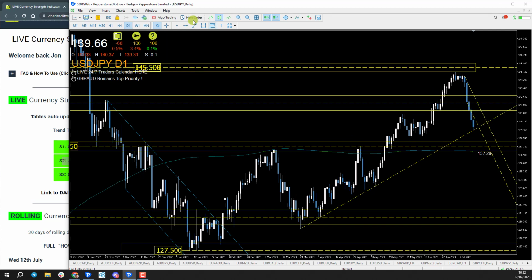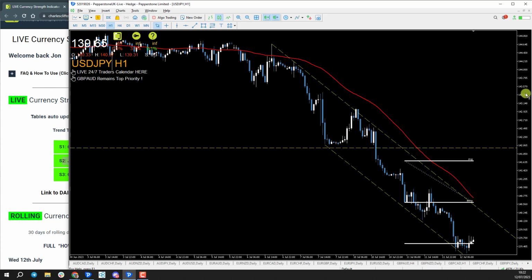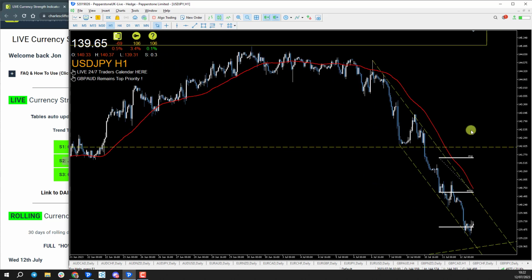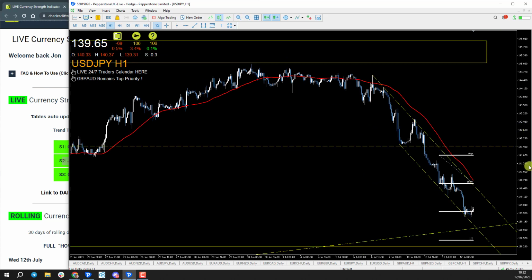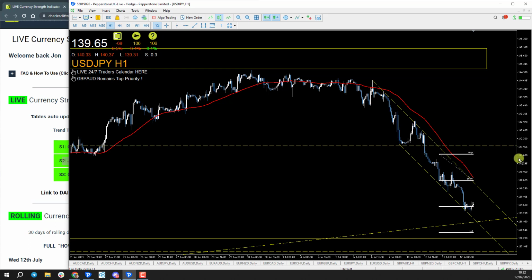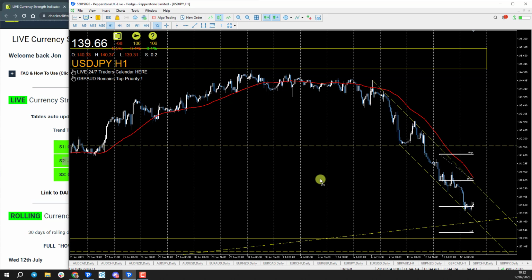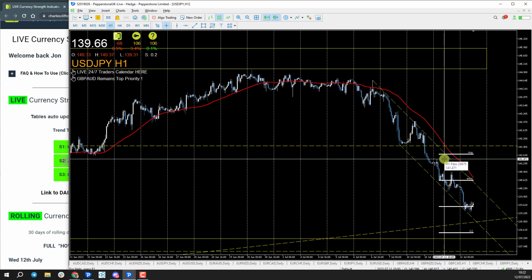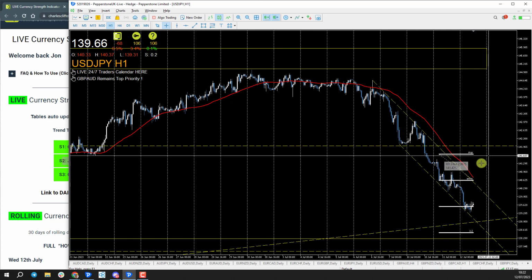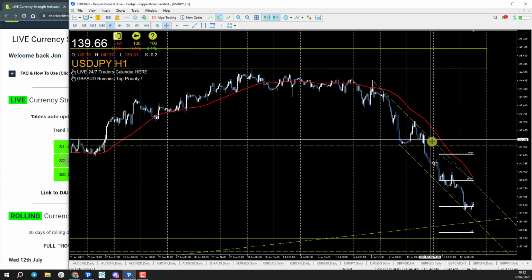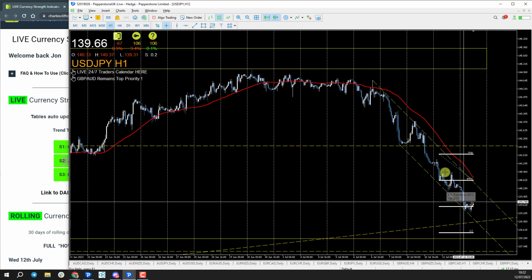Now, if we have a little look at the hourly chart, you can see I've mapped out a little area of interest for us already. Just in discussions with Charles, we were looking for a good entry point. Now, I am just going to put the period separators on, and I'll explain why in a moment. But you can see here with yesterday's price action, yesterday's high comes in at around about 141.47. Now, we were looking for entry points, and you can see I have this downward bearish channel put in here